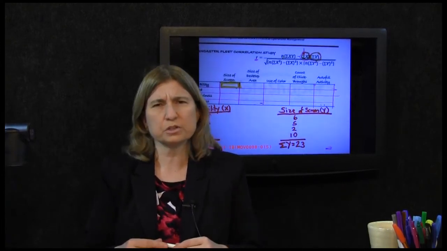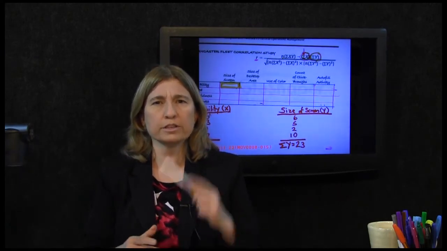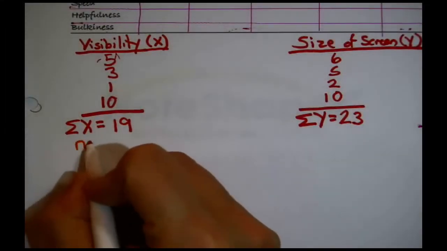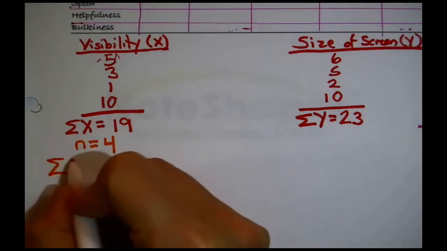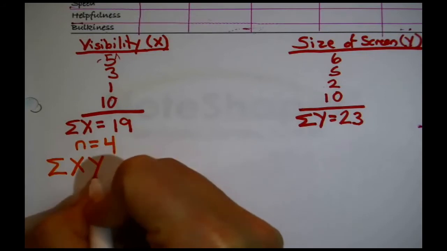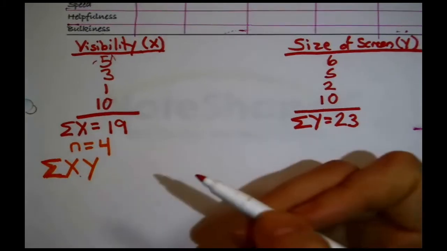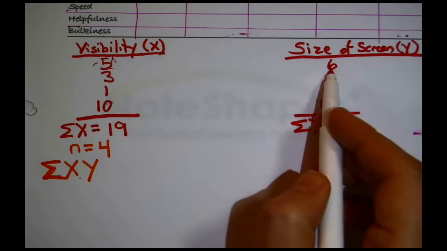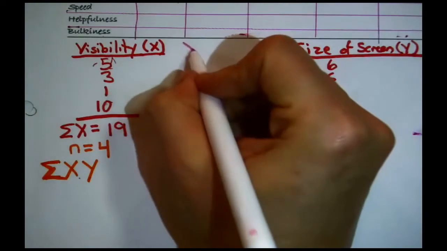Well, how many information systems did they bother to look at? 4, right? There were 4 brands, n equals 4. Got it. I'm just going to note that down. Another puzzle piece that we need in the formula, in the numerator, you see sigma, sum up, x times y. What is that? Oh, that's each x multiplied by its y for a particular brand, and then add them all up. Oh, okay. Well, then what would be handy here is to first